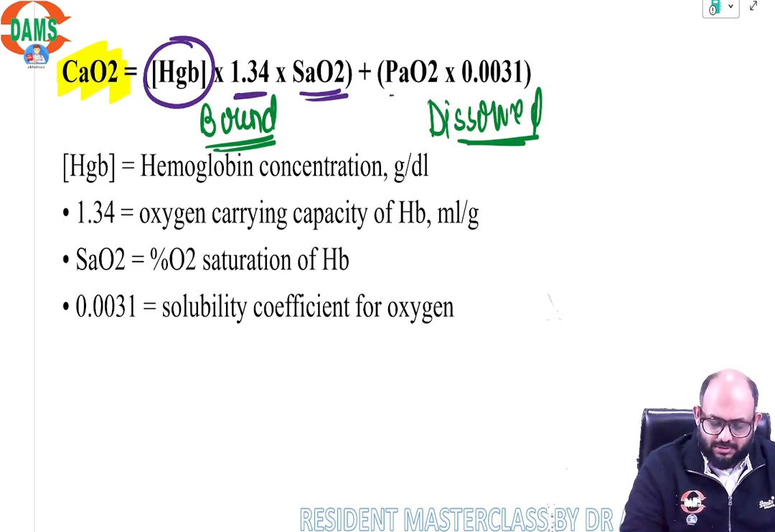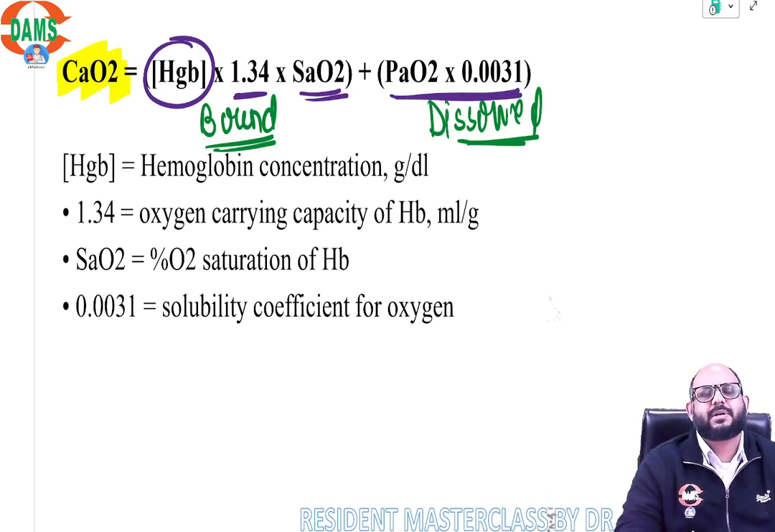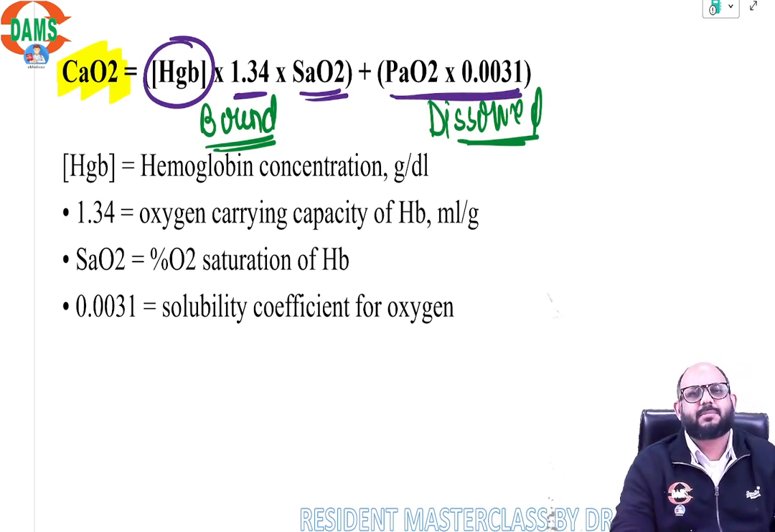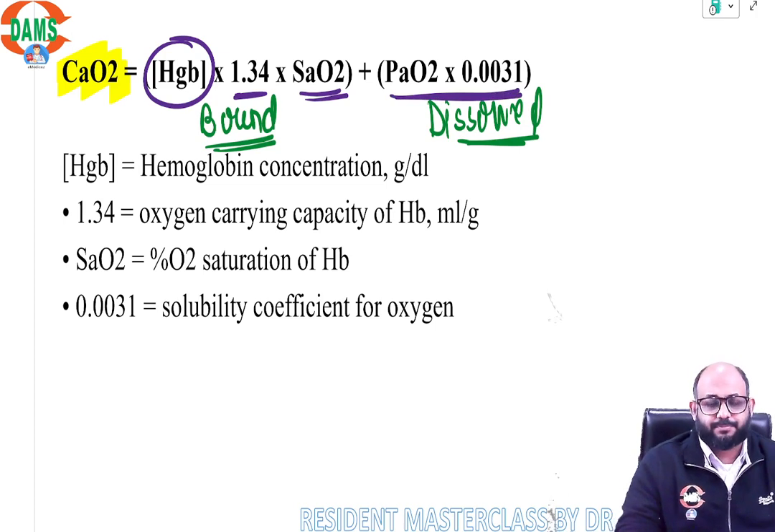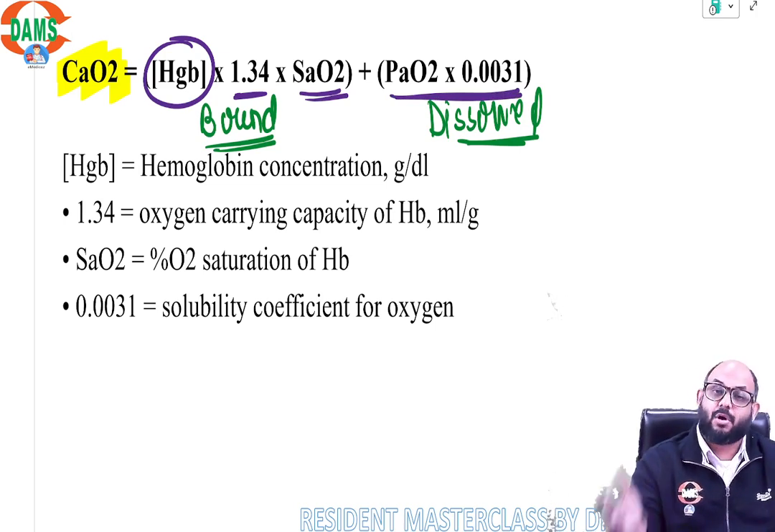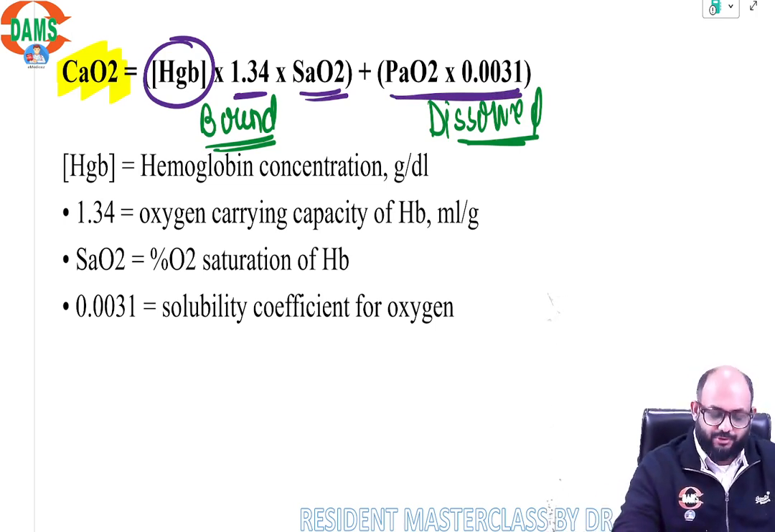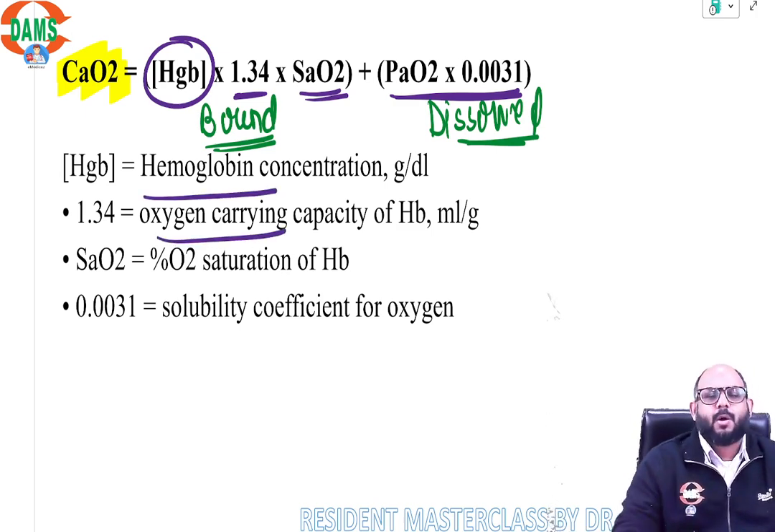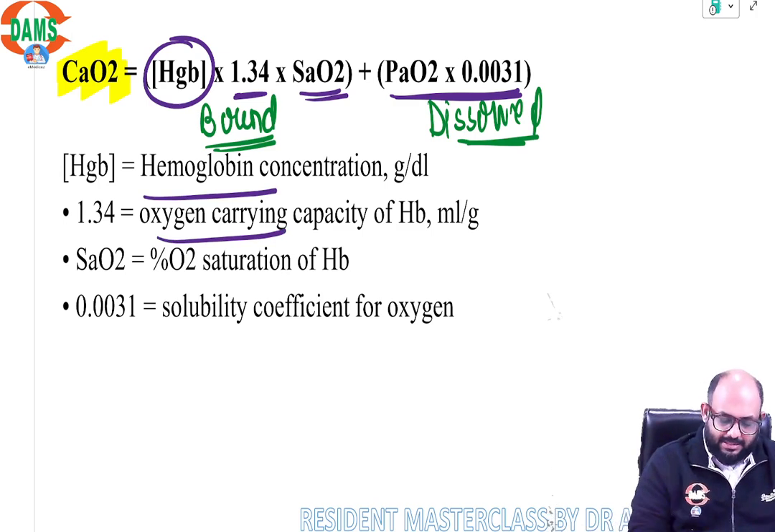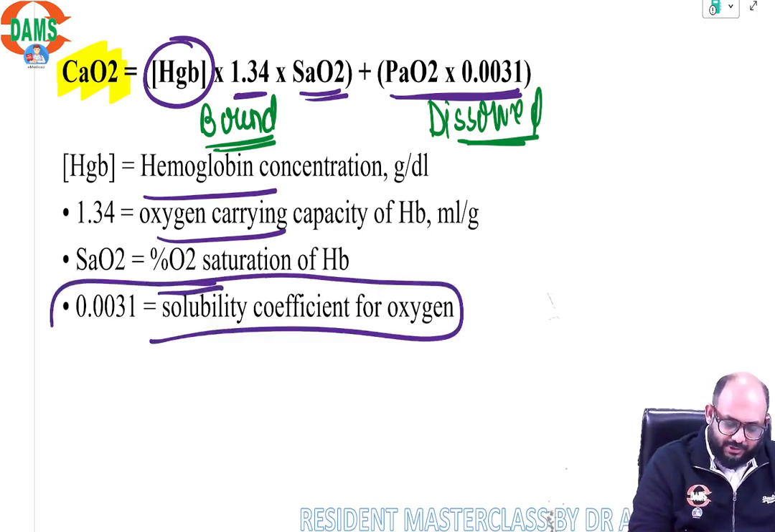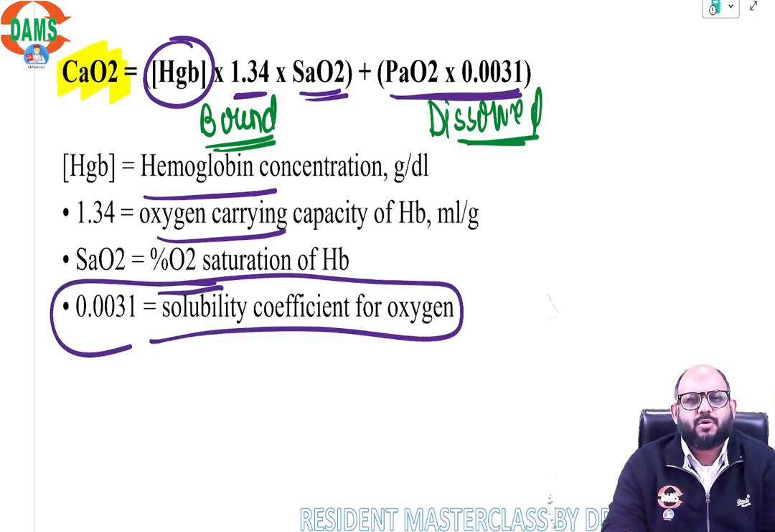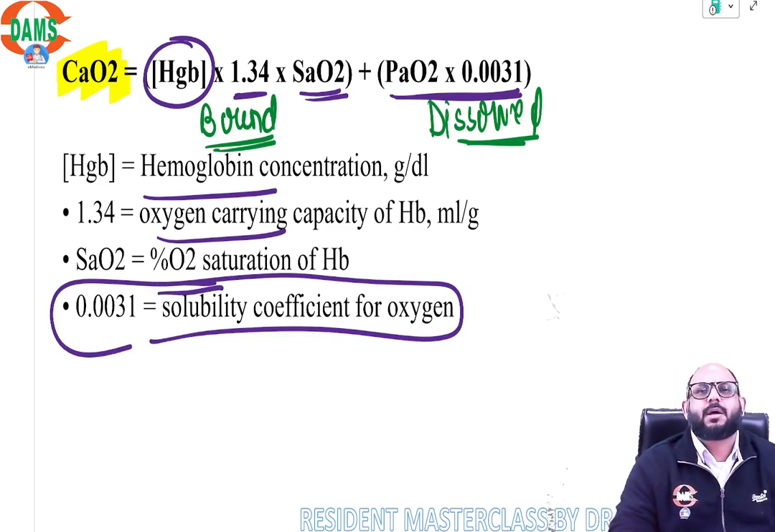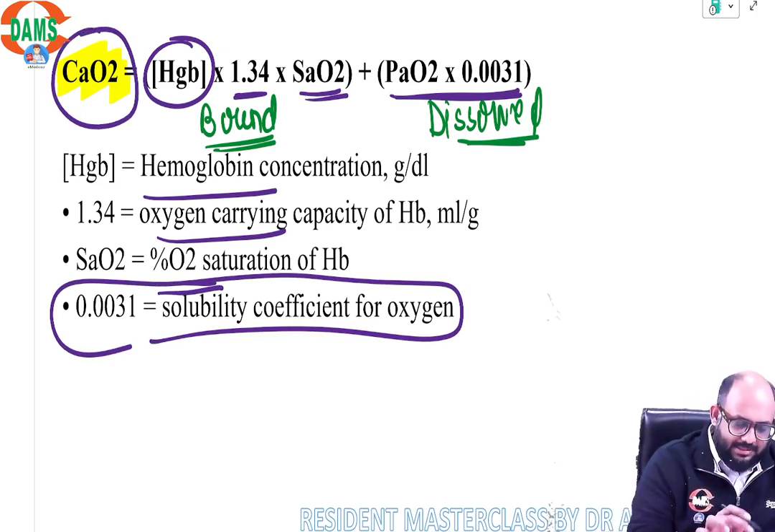And then of course the dissolved oxygen is whatever is the arterial concentration of oxygen multiplied by the part that is being dissolved in the plasma, that is 0.0031. So Hb is the hemoglobin concentration in gram per deciliter, 1.34 is the oxygen carrying capacity, and 0.0031 is the percentage oxygen solubility coefficient for oxygen. So a very small component of your delivered oxygen is actually going to increase your oxygen carrying capacity of